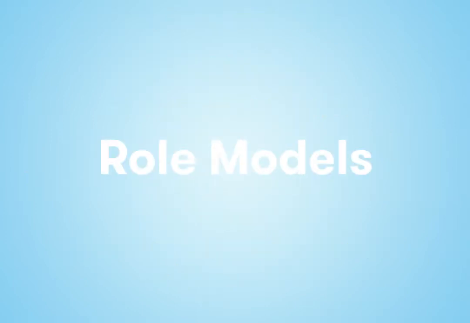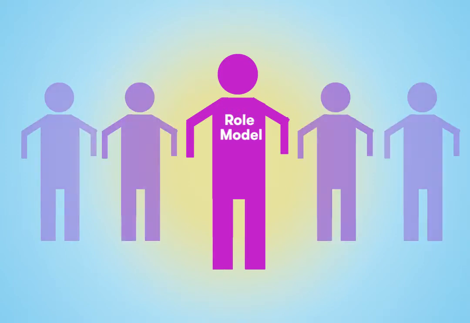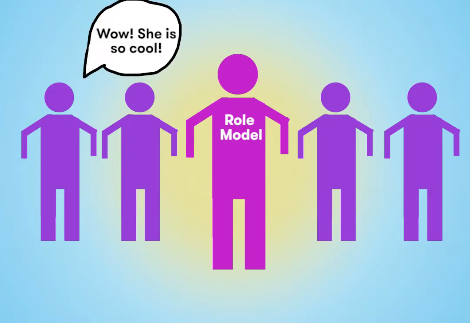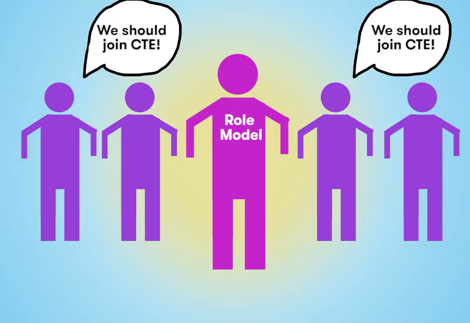Number 4, role models. Provide access to role models as instructors or mentors. Introducing students to role models has had success in enrolling and retaining students in CTE focused on areas that are not traditional for their gender. Studies have shown that seeing other female peers and women, especially ones that look and sound like them, engaged in STEM careers is the number 1 way to interest girls in those careers.